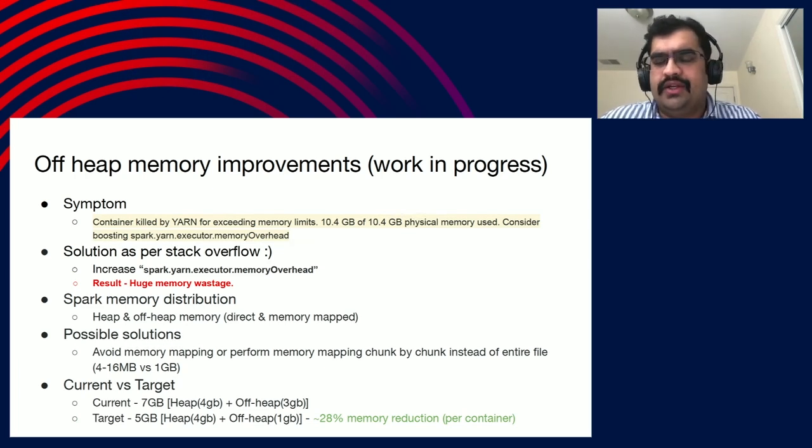So what was happening is, our jobs were running with 7 GB of memory, and they were running fine. Our job was running for, let's say, 30 minutes. Up to 25 minutes everything was fine, and suddenly we were seeing a couple of executors getting killed. When we looked at the driver logs, this is what we saw: container killed by Yarn for exceeding memory limits. And we were not sure what was going on, because we were not using extra memory. We were not doing any off-heap memory operation.